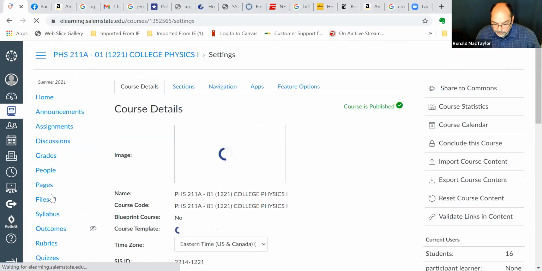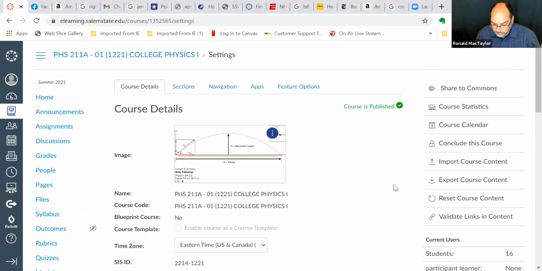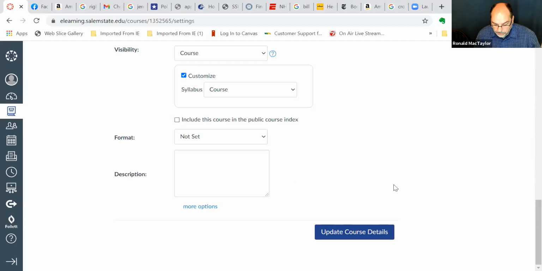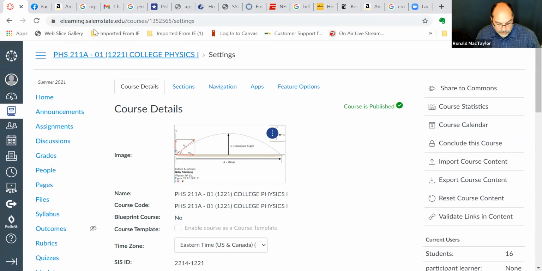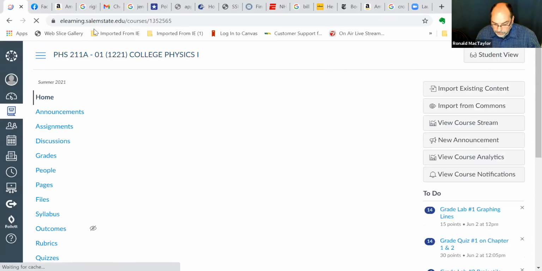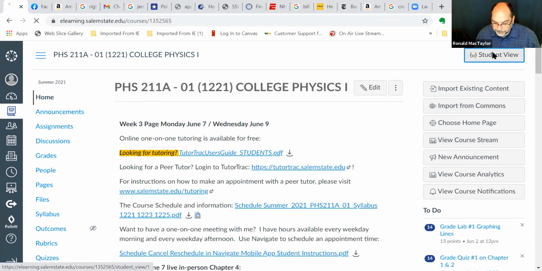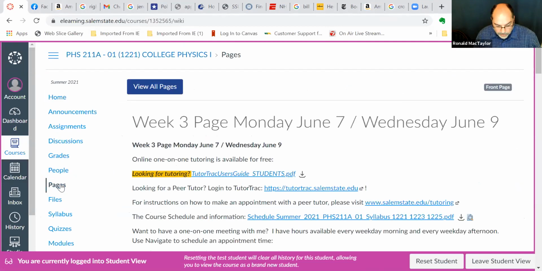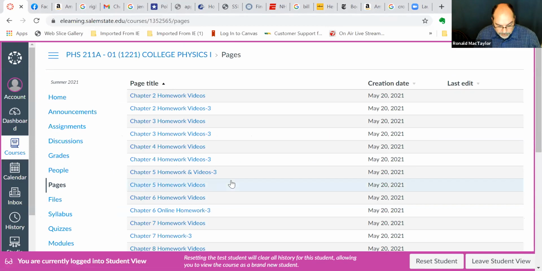I have to do it here. Student view. It is my belief that if you want to knock yourself out and click on pages, view all pages, you will see